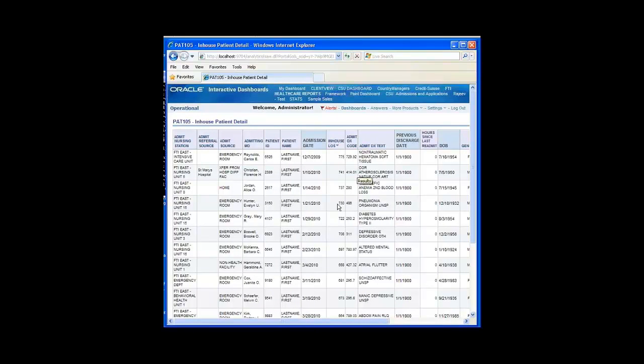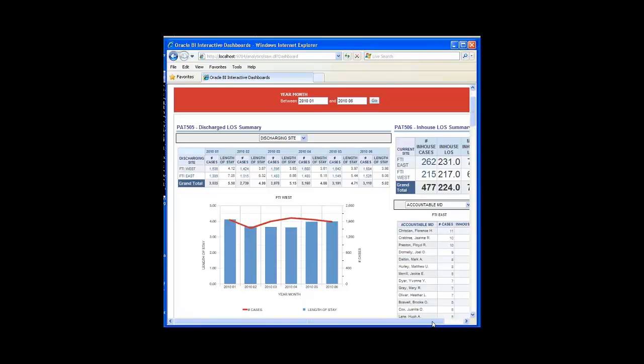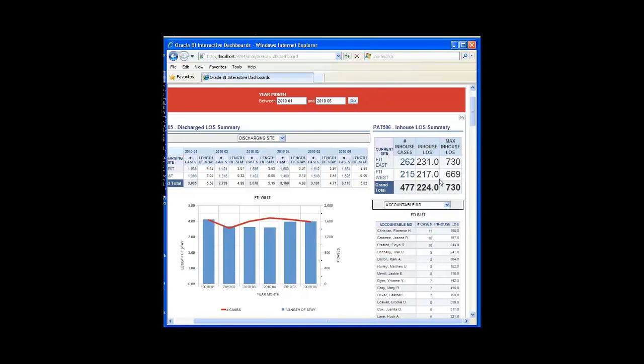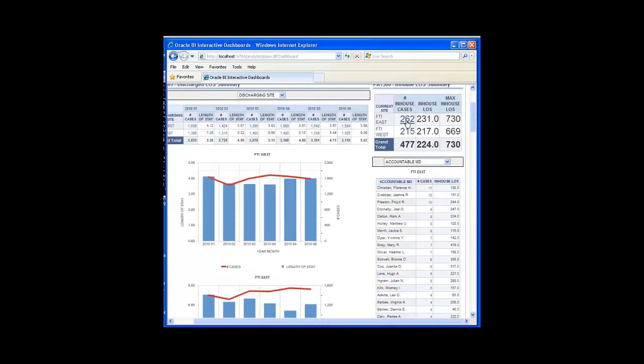And here it's sorted from highest stay to lowest stay. So I can see, for instance, what those longest stays were. Or if I sort it the other way, I can look at the folks who were just admitted yesterday, for instance. And then over to the, still on the right-hand side, but down below that, I'm looking at the number of cases in-house by physician, and I can see those 262 patients summarized by physician, but there are a number of different ways in which we can examine that